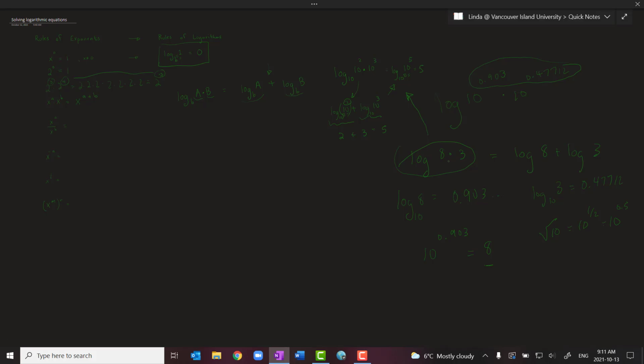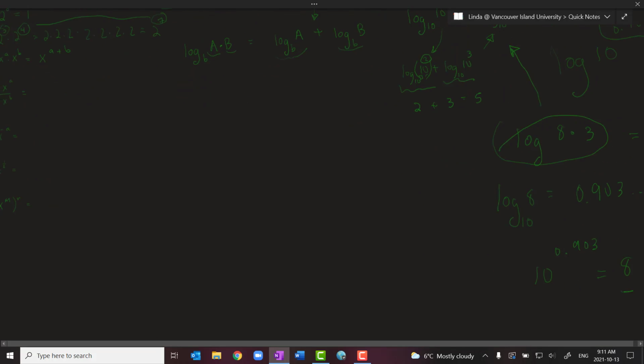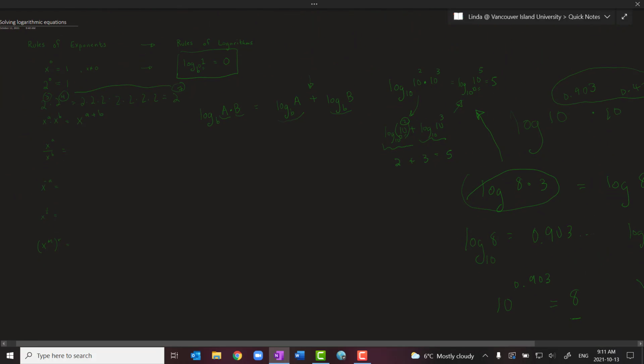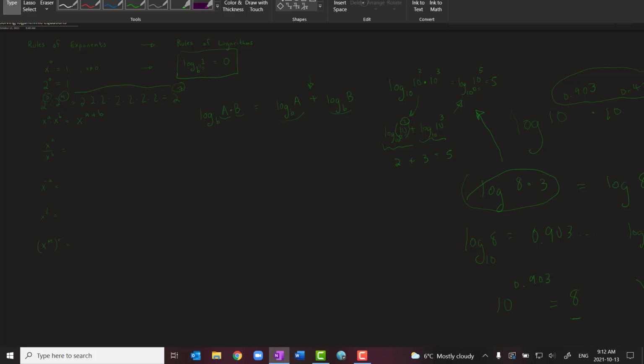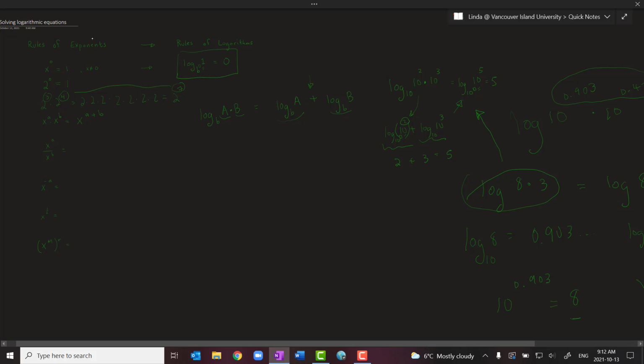That's the whole weird thing about logs, is that you can find a number to raise 10 to turn it into 8, even though 8 is not a bunch of 10s multiplied together. Okay, so that's sort of the reasoning and some understanding behind this rule of logarithms right here, but you don't necessarily have to understand all of that. I just think it's always good to sort of see where things come from, but what you do need to know is how to apply this, which we will look at probably in the next video,